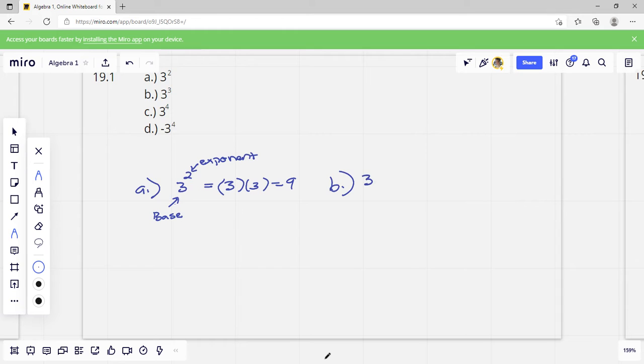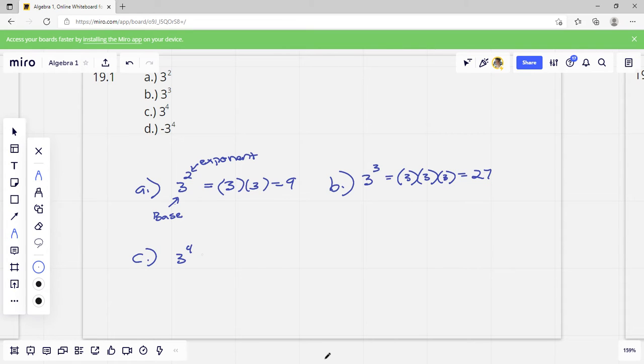B is 3 to the third. So that means I'm going to multiply my base, 3, 3 times. So 1, 2, 3. 3 times 3 is 9. 9 times 3 is 27. All right, next one is